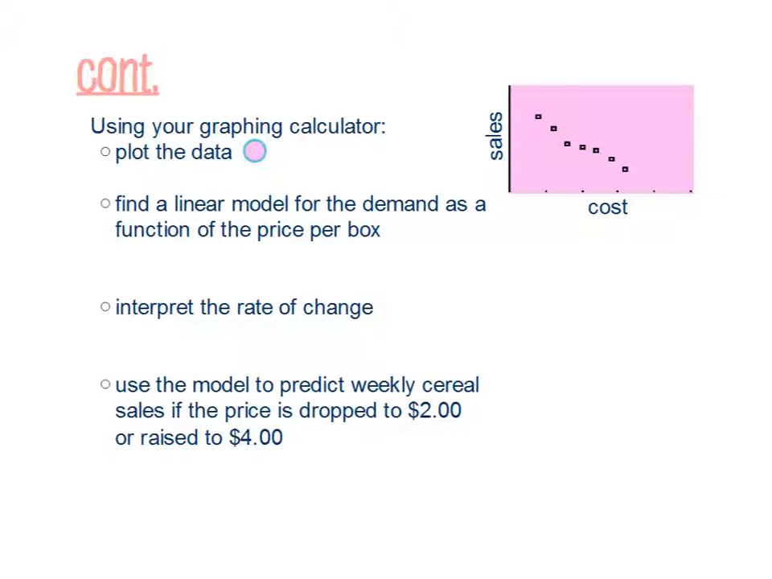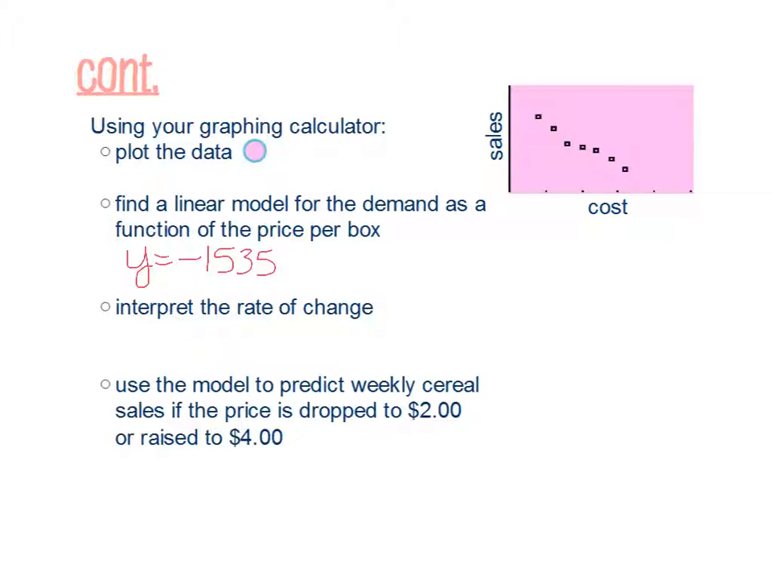Now that you have the graph of that data, let's talk about what that means. Using your graphing calculator, plot the data should look like this. Find a linear model for the demand as a function of the price per box. If you run the regression on that, the equation that you should be looking at is y equals negative